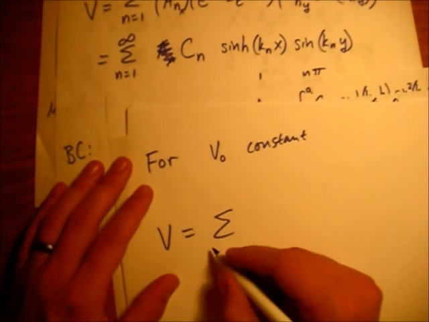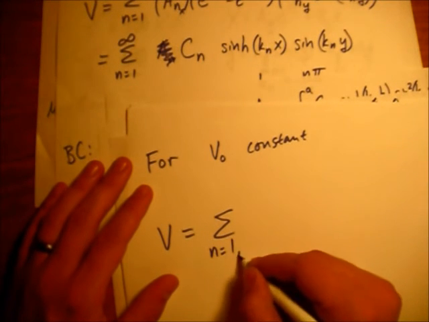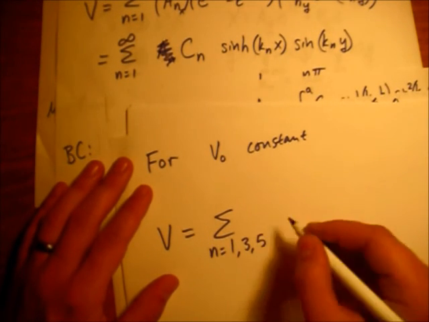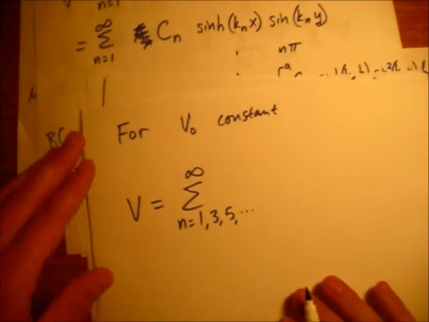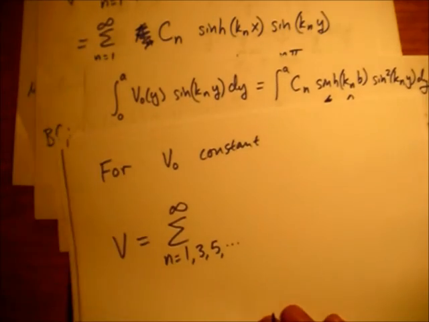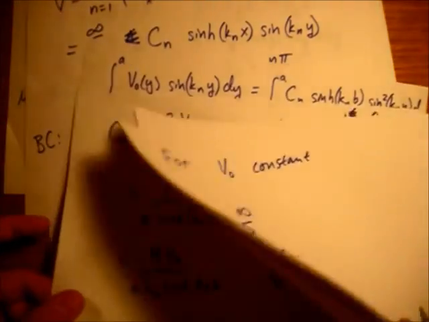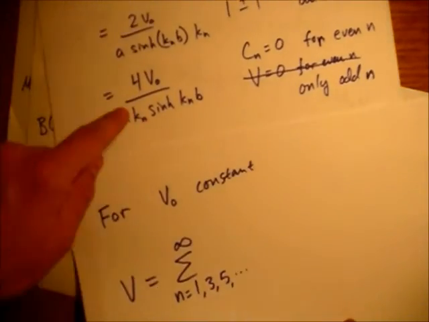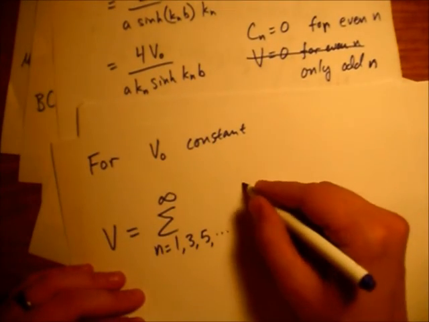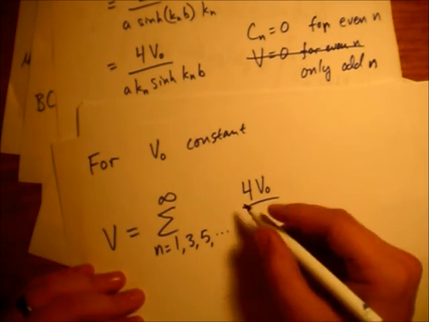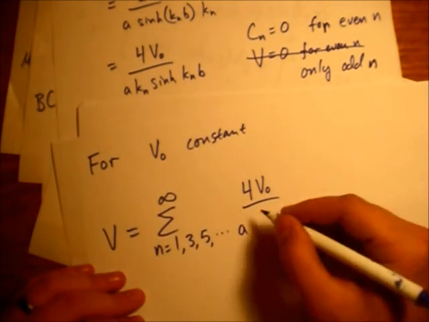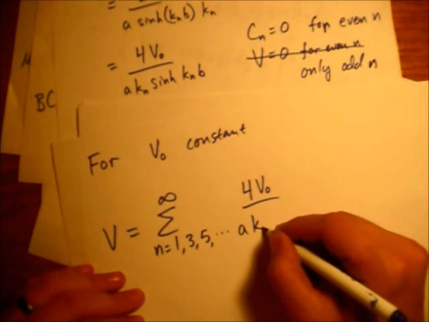So I write my n equals 1, 3, 5, dot, dot, dot, out to infinity. And now I'm going to use this Cn, right, for v naught. I'm just going to leave the k's in, right? I could write that out explicitly, but